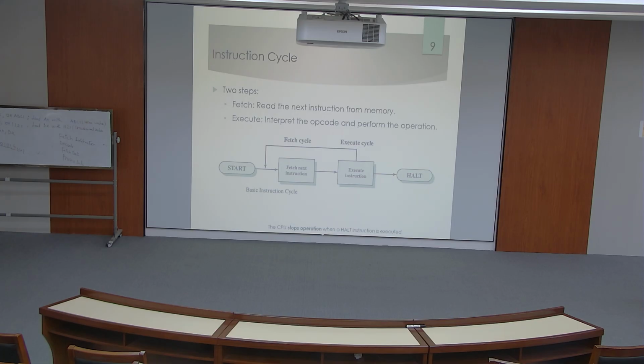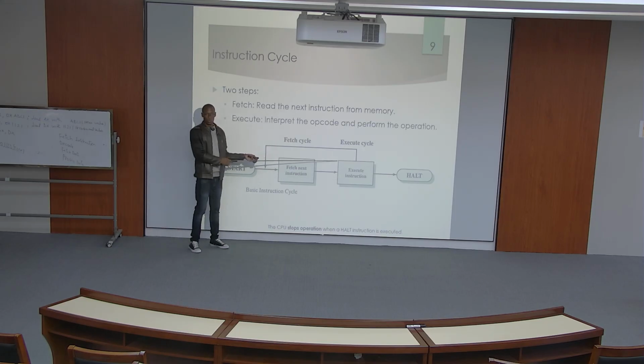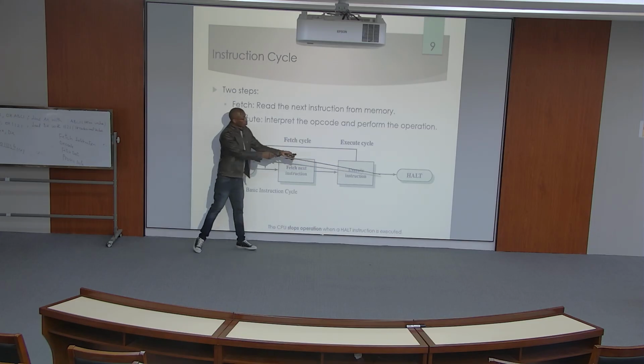Two steps of instruction cycle. We have fetch and execute. During the fetch cycle of instruction, the microprocessor reads the instruction to be executed from the memory. Once that instruction is fetched from the memory, it decodes the opcode to understand what it means, then executes the instruction. When there is no halt,